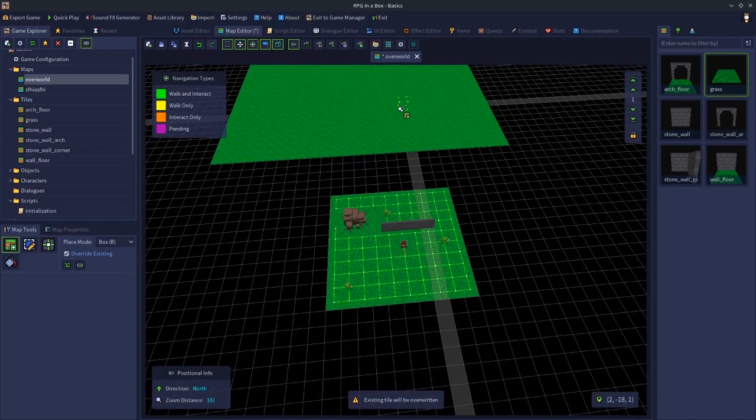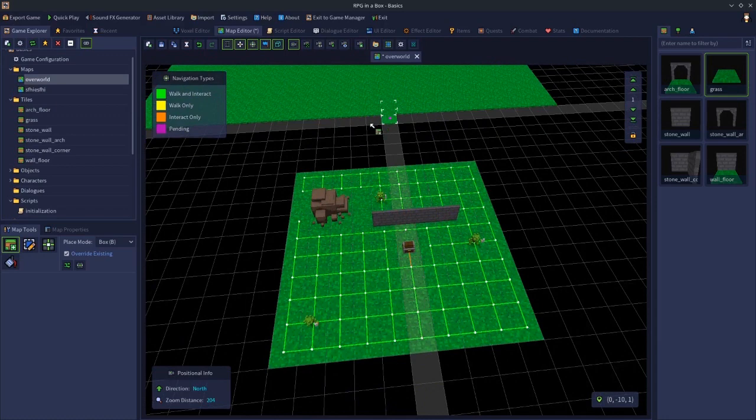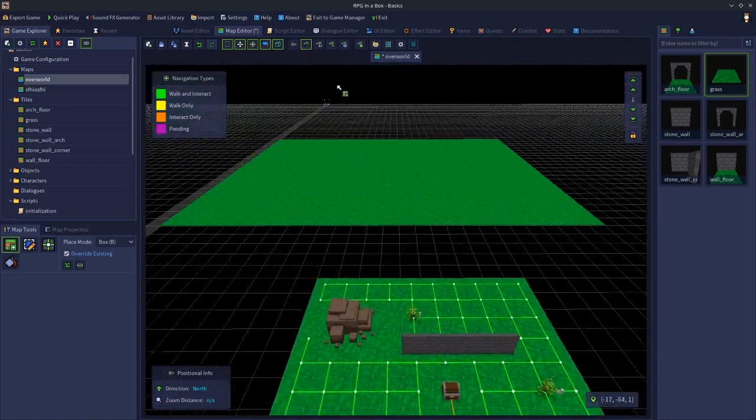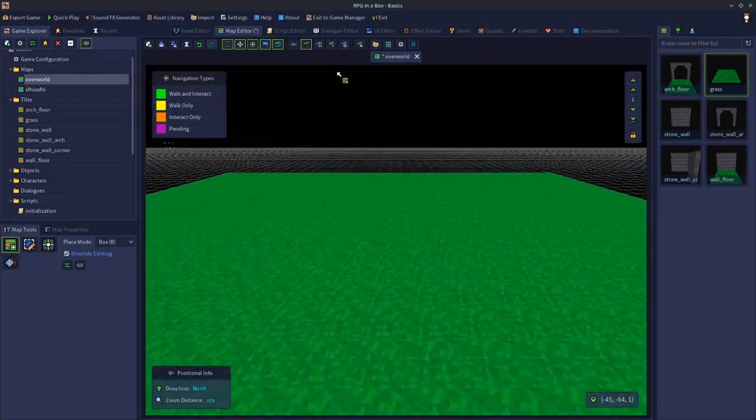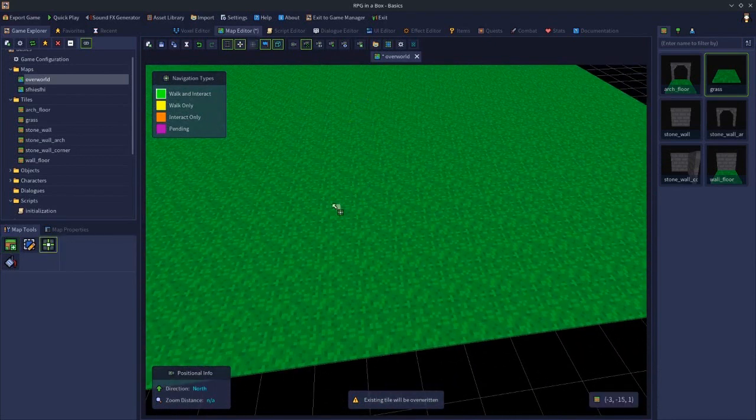But then what you'll have to do is go in afterwards. So let's just quickly fly over here and then press the F3 key, and then you can start drawing your navigation in. Yes, it's time consuming, but it's just part of the process if you're making a large map at once